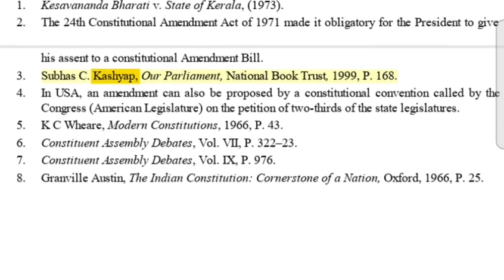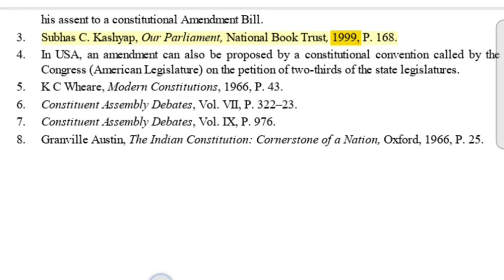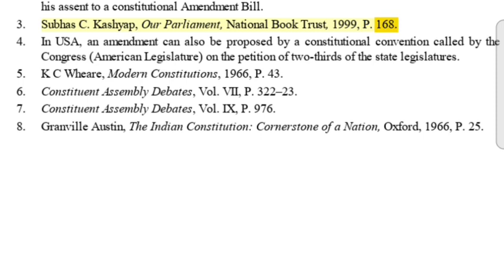Subhas C. Kashyap, Our Parliament, National Book Trust, 1999, p. 168. In the USA, an amendment can also be proposed by a constitutional convention called by the Congress, the American legislature, on the petition of 2/3 of the state legislatures. K.C. Wheare, Modern Constitutions, 1966, p. 43. Constituent Assembly Debates, Volume 7, p. 322-23. Constituent Assembly Debates, Volume X, p. 976. Granville Austin, The Indian Constitution, Cornerstone of a Nation, Oxford, 19